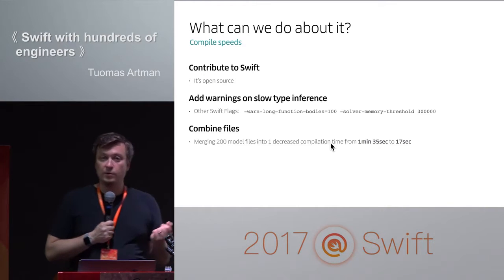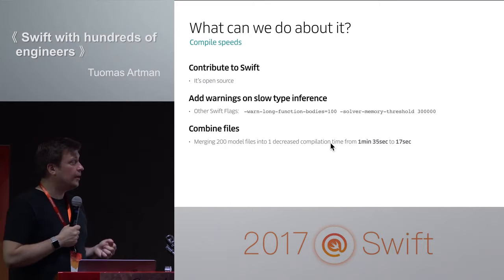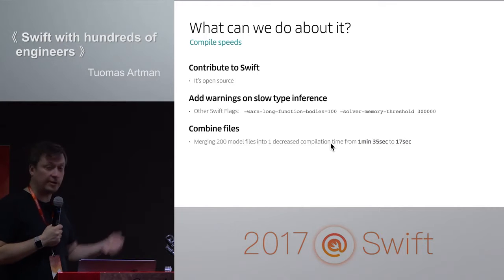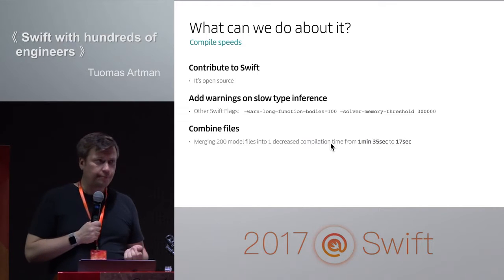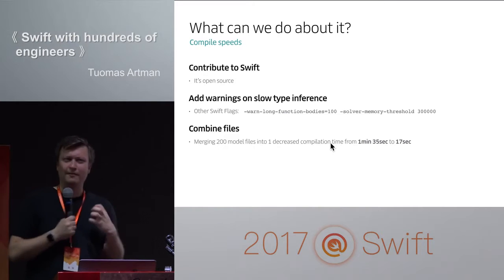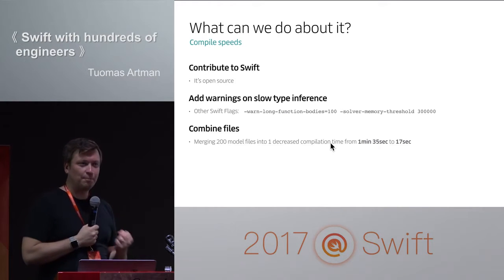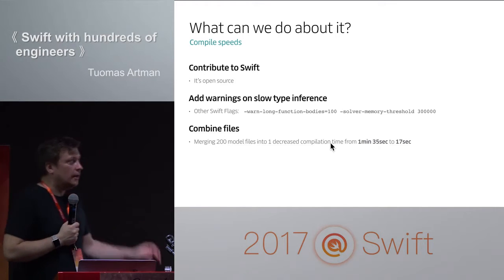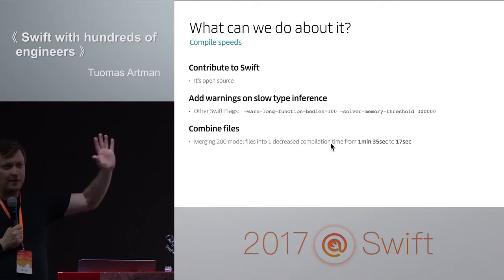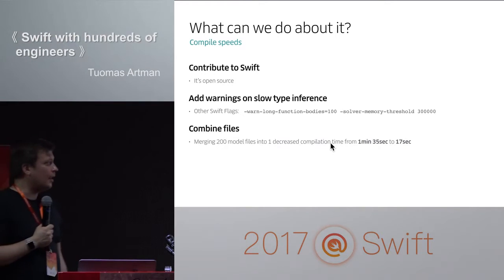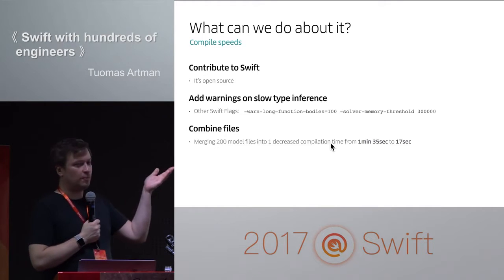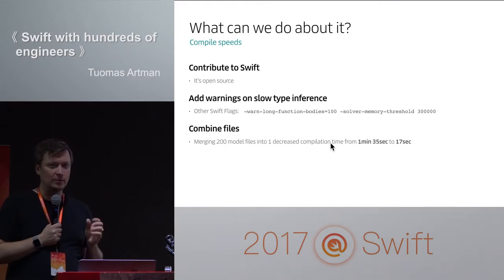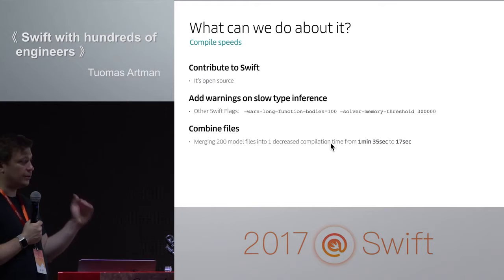And solver memory threshold, the same thing. You can actually generate an error if the solver, which does the type solving, takes more than 300 kilobytes to solve its thing. Lastly, we started combining files and figuring out whether we can get performance out of that. So we took all the 200 models that we had and put them into one file of 25,000 lines. And our compile time decreased from 1 minute 35 seconds to 17 seconds. We're like, hold on, what's this? It turns out that